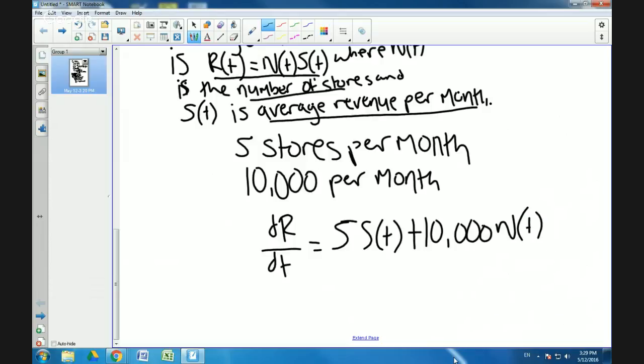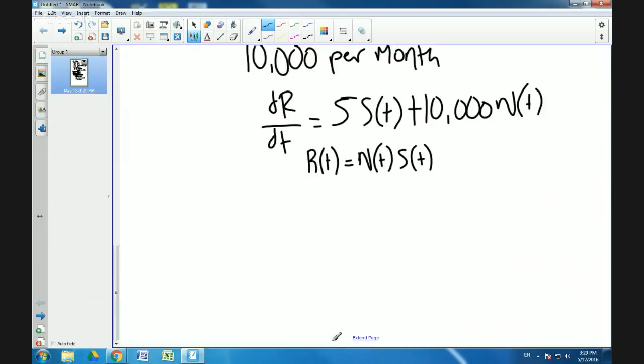So if we go back and look at our problem, the equation that we underlined is what we need to take the derivative of. So we have R of T equals N of T times S of T. So we'll write dR/dT to show that we're taking the derivative equals,